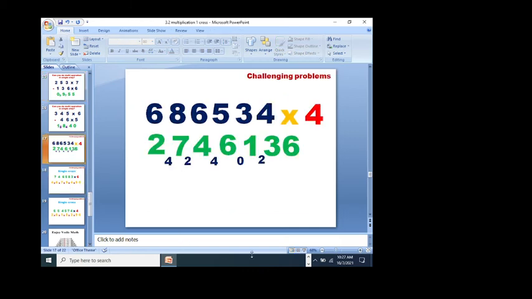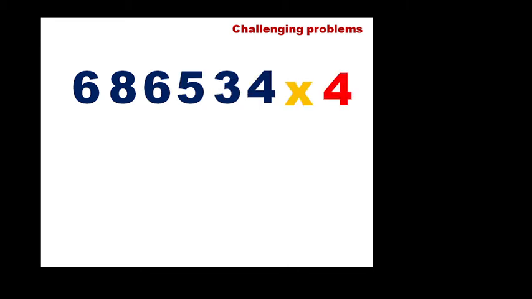Shall we take a big number, challenging problem? Using the same technique, you have to take more number of digits. For example, this number. Can you try left to right? Please try, ma. From left to right, there are 6-digit number. 6,86,534. Can you multiply from left to right? Those who have answer, please stand up. Yeah, wait. Those who have answer, stand up.